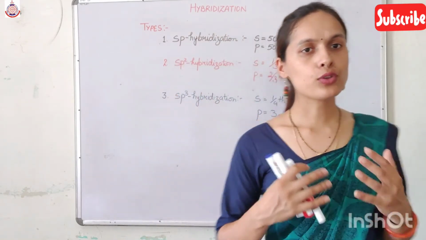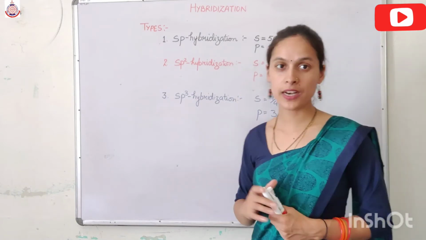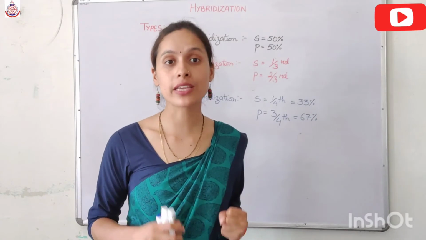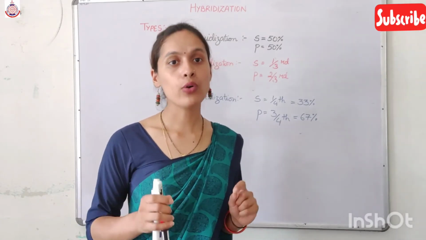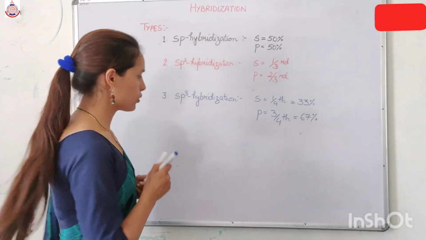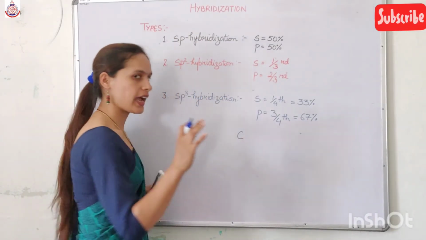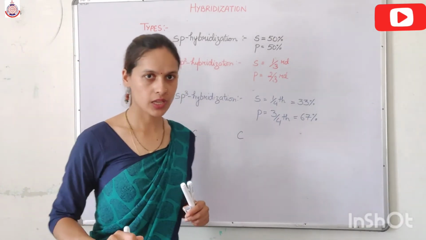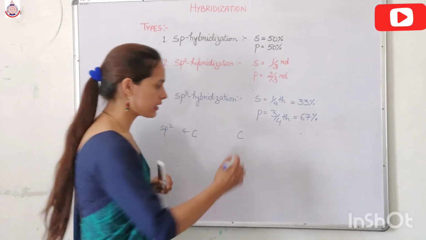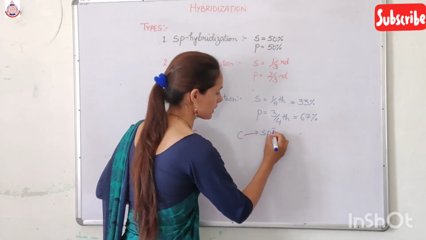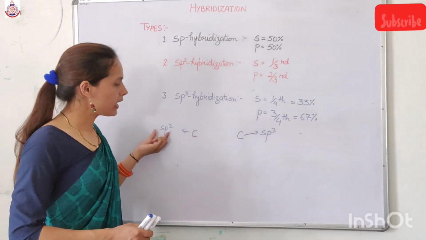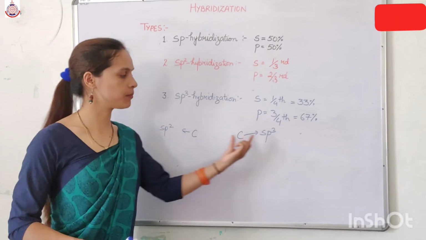Now, I have told you that while explaining hybridization, I'll explain how electronegativity is influenced by hybridization. How is electronegativity affected by hybridization? Now suppose I have two carbons in two different compounds. In the first compound, carbon is sp2 hybridized and in the other compound, carbon is sp3 hybridized. Now what is the meaning of this? In this carbon, the s character is more as compared to this carbon.